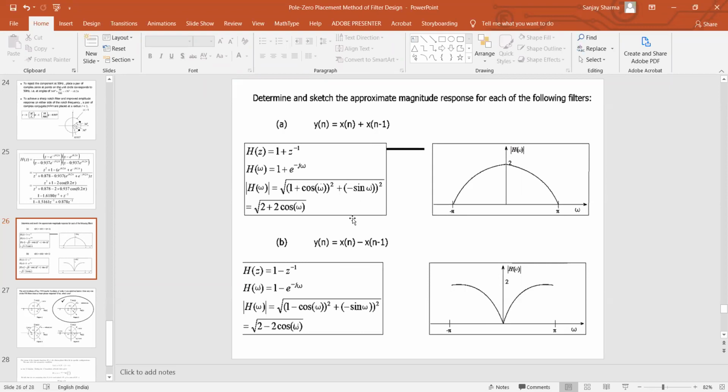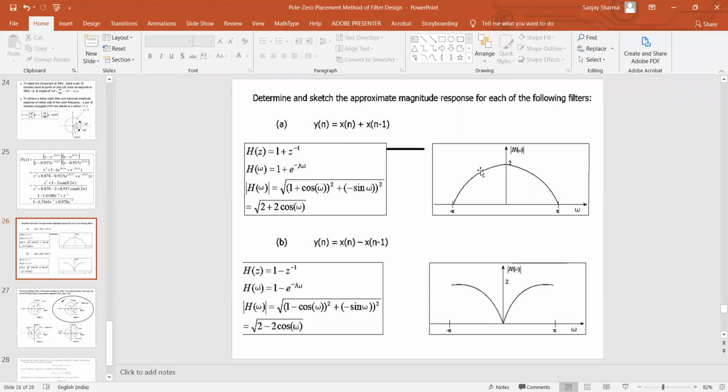For higher frequencies, with the plus sign you will get higher values of x[n] or x[n minus 1]. I am not saying anything about the frequency, it is just a practical way of looking at it. If I give you this equation, or if I give you this equation, with this plus sign, you should be very quickly able to tell this is a low pass filter. If a minus sign is there, you should be very quickly able to tell this is a high pass filter. So at the moment, try to remember like that. There is nothing to remember.